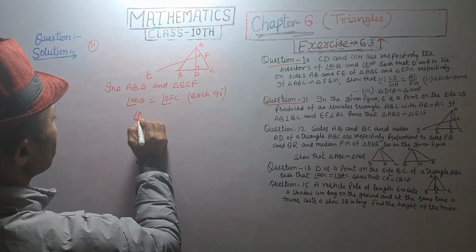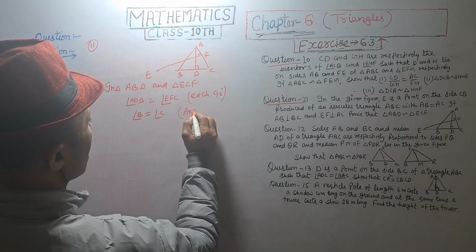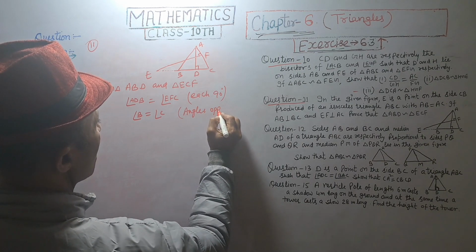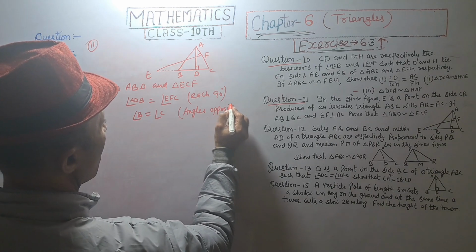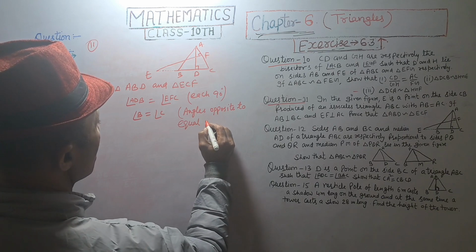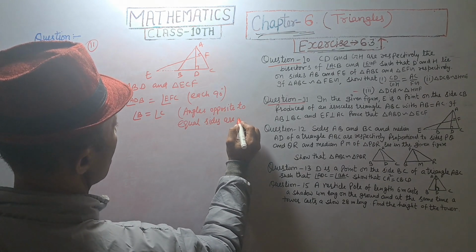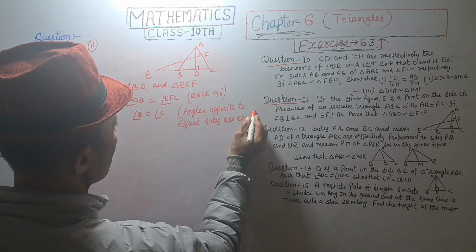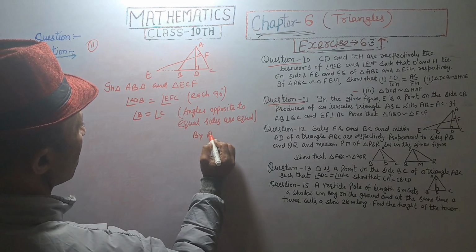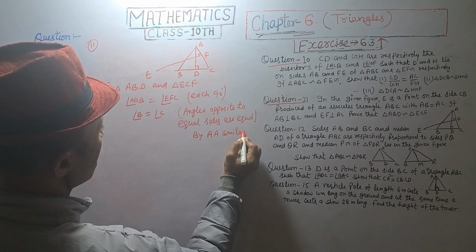Angle B is equal to angle C, angles opposite to equal sides are equal. By angle similarity,